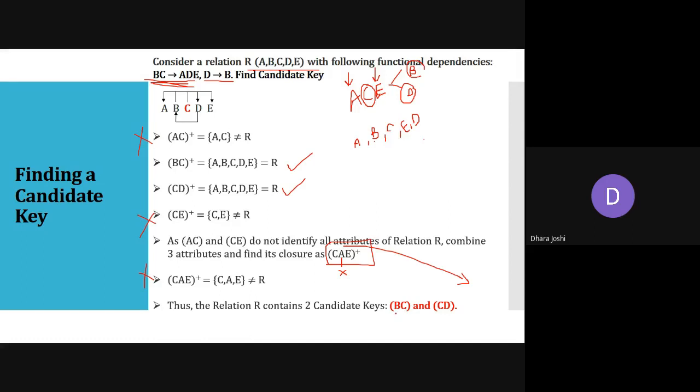ये बी और सी में से अगर मैं बी को निकाल दूं so only C cannot be the candidate key. अगर यहाँ से मैं सी को निकालूं तो only B cannot be a candidate key. सो पूरे ही टेबल की सभी कॉलम को आइडेंटिफाई करने के लिए मिनिमम ये दो एट्रीब्यूट चाहिए. अगर मान लो ये तीन एट्रीब्यूट सी, ए और ई तीनों से ही हमें पूरी कॉलम मिल जाती, then it can also be the part of the result. Because अगर इसमें से कोई एक भी एट्रीब्यूट को अगर मैं निकालूं तो वो टेबल की सारी कॉलम्स को यूनिकली आइडेंटिफाई नहीं कर पाएगा. Okay, so candidate key means minimum set of attributes.